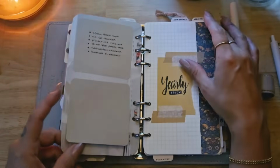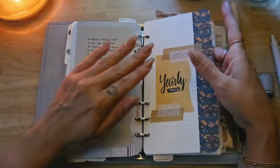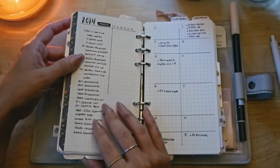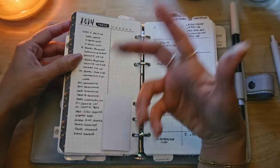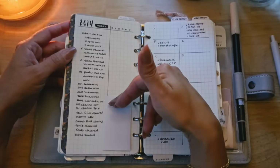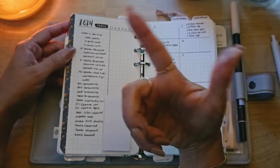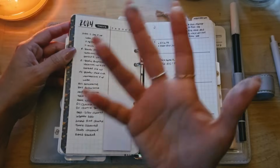So I track in here, I have anything that is tracker related. I kept it over here. Even though I do track stuff in my weeks, I also like other things to have a tracker for, like yearly stuff. So for example, here I just have that second half of the year. I will have to make another one for the first half of the year just to track these items, like last time we went to the dentist, or doctor appointments, or last time we changed the oil of the car